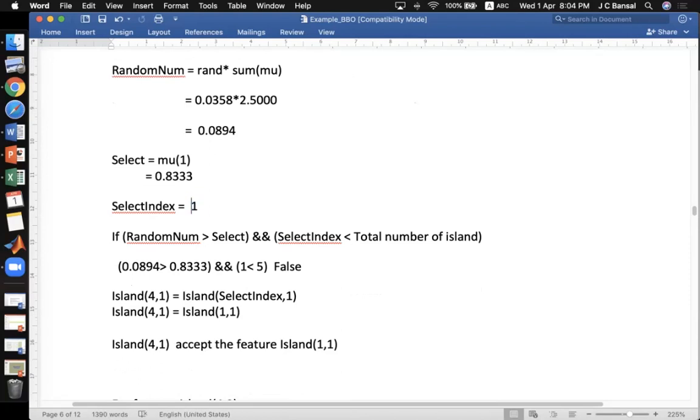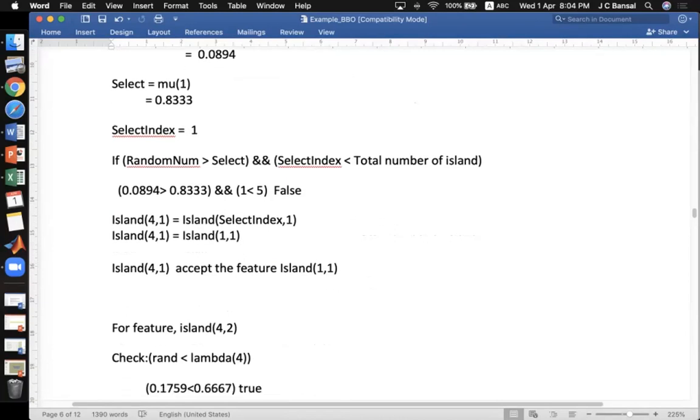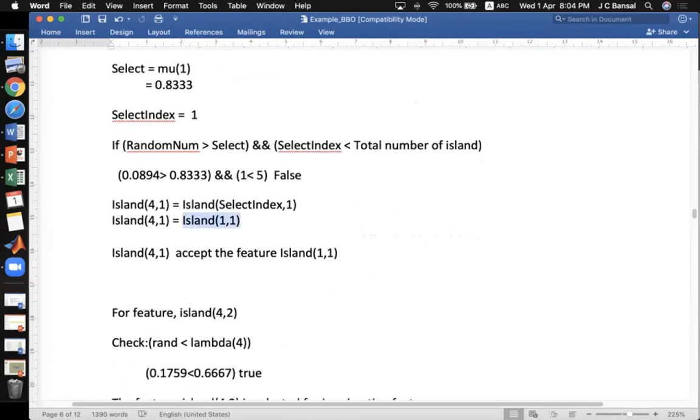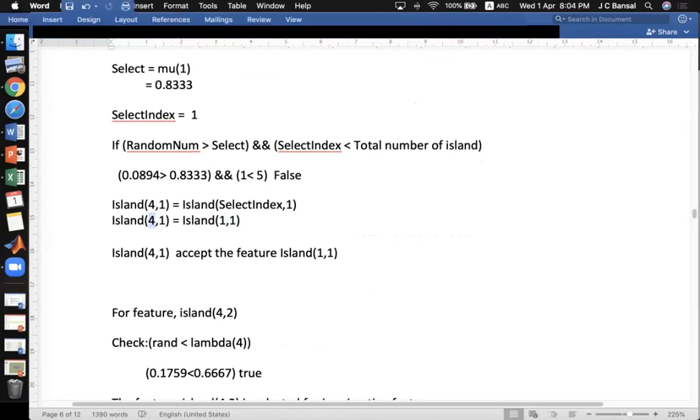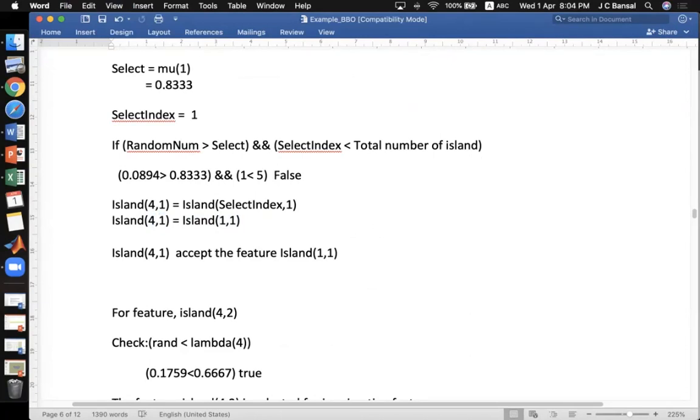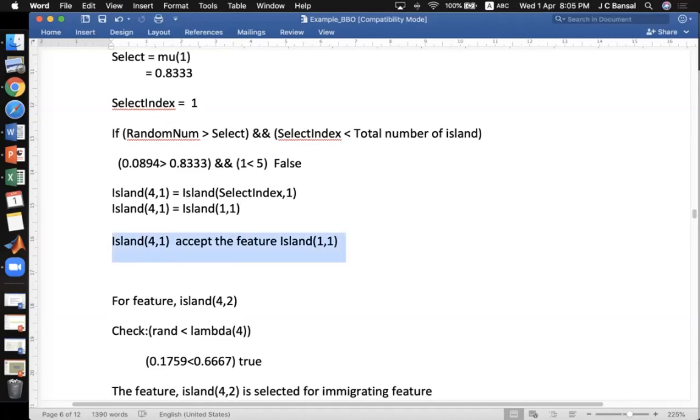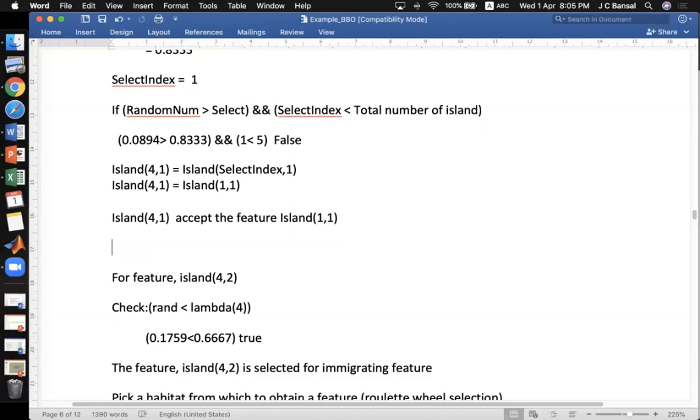This is your first island, right? The first time it is false. So first island's first feature. And it is very obvious also, because your first island is the best island. So it should inspire maximum. And here you can see that the island's first feature has now become the fourth island's first feature also. So fourth island's first feature is now the first island's first feature also. Is it okay? Done. Yes, sir. The fourth island's first feature is now modified.